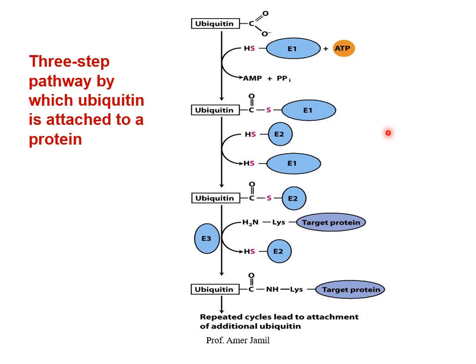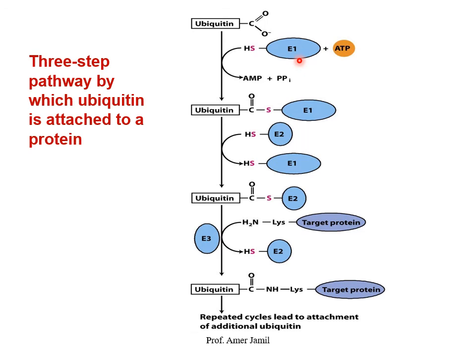Now we have seen how these proteins are synthesized. Their degradation is equally important. Nothing is permanent, even inside the cells. So there is a continuous synthesis and breakdown of the proteins. And the molecule which helps in this is ubiquitin, which actually targets the proteins which are going to be degraded.